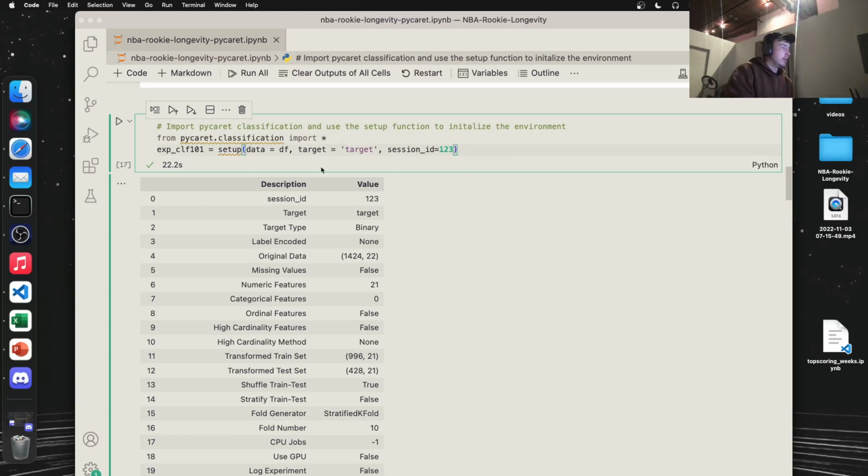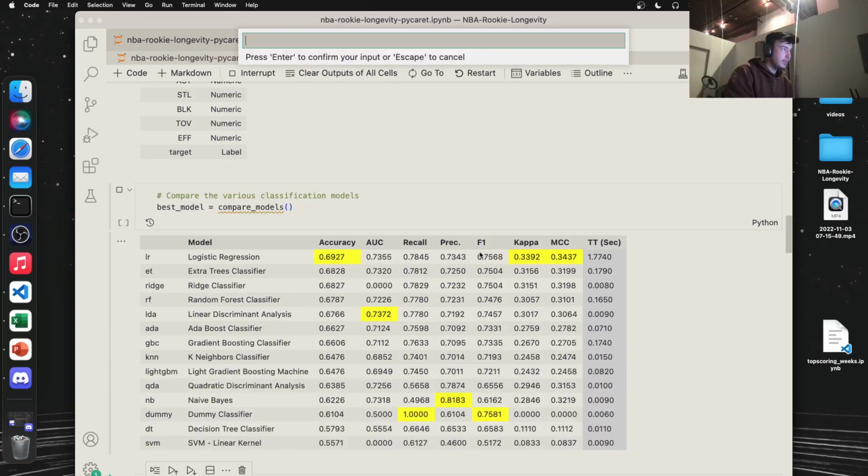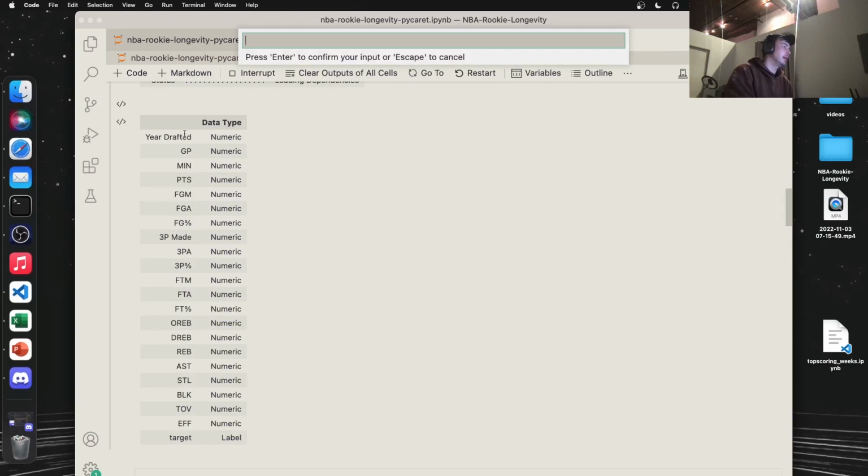All right, so we're going to create a new variable and call the PyCaret function setup, where we're identifying our data and our target column, which just happens to be called target. And then you also have to pass in a session ID, which is just a 3-digit number. So I'll run this. And when you run this, it's going to ask you